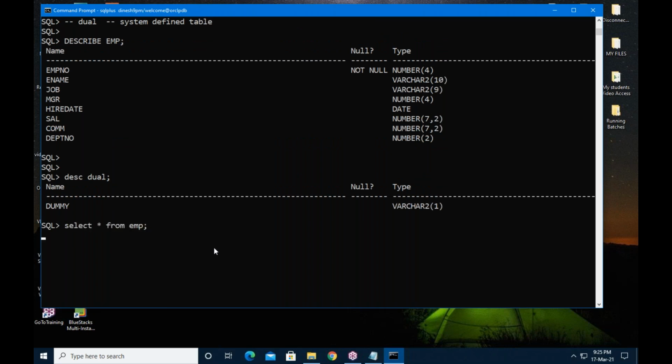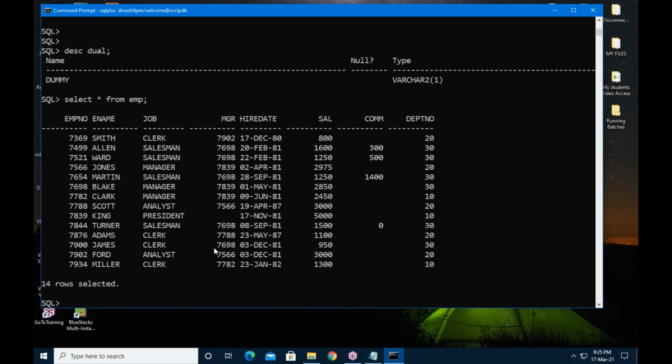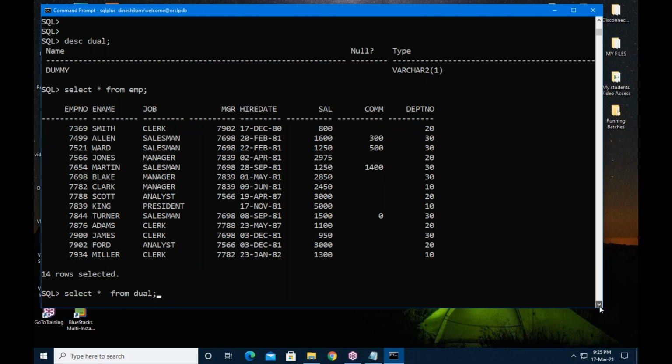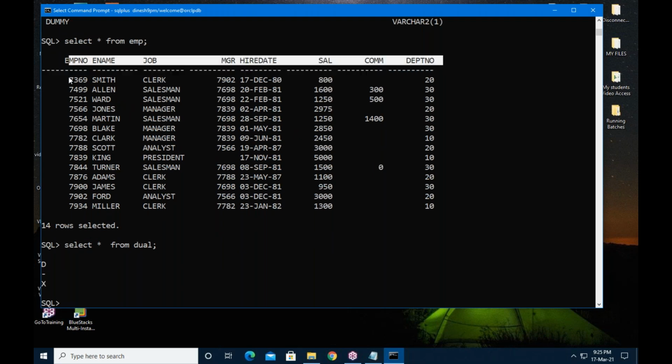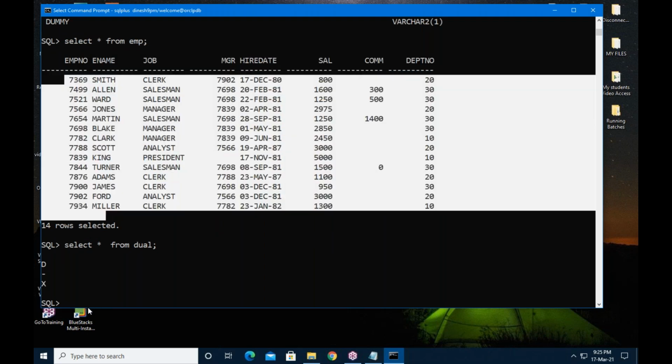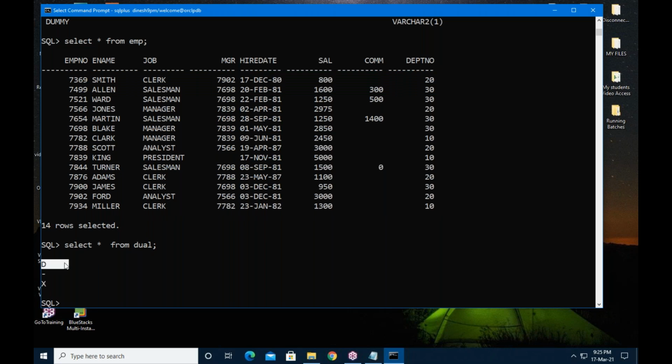Select star from EMP. How to select data from dual? Select star from dual. Here 8 columns and 14 records. Here only 1 column and only 1 record.